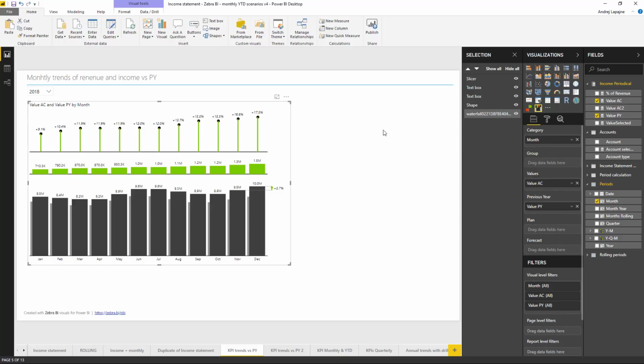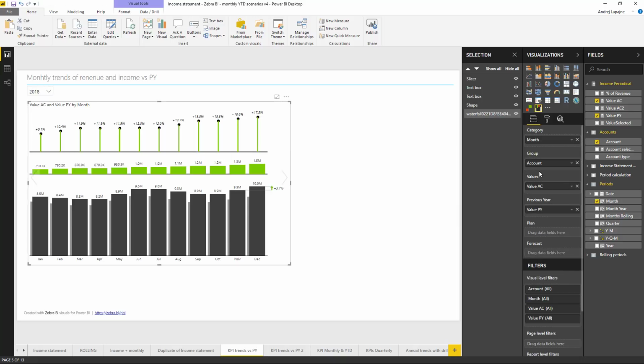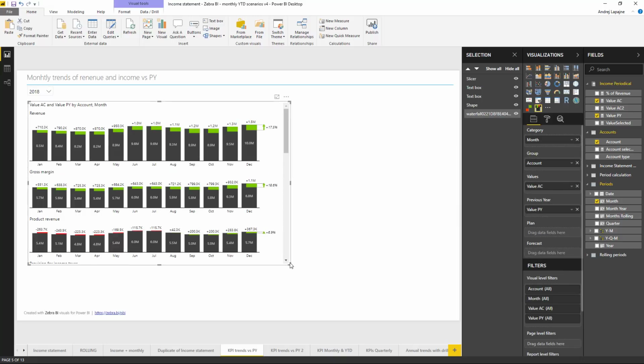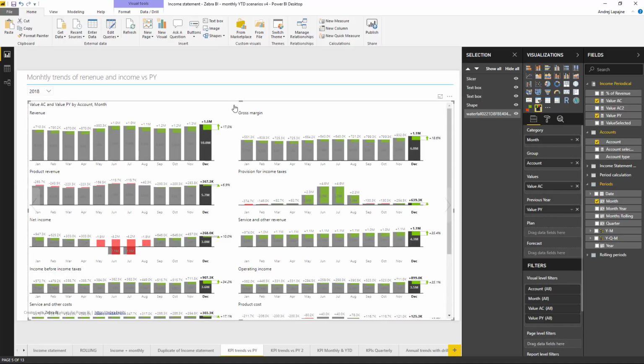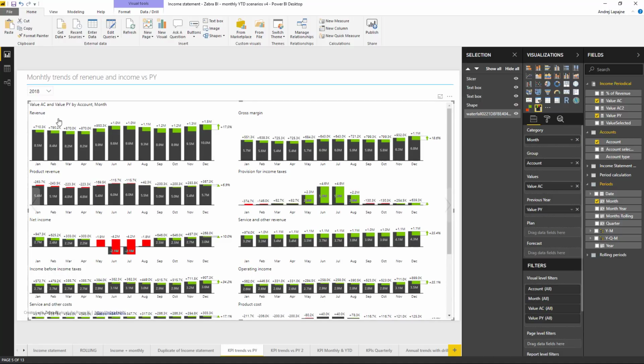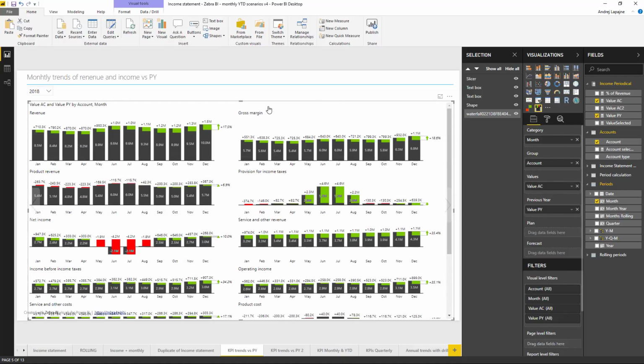So like this. And this time I will add the account. I just put the account inside, which automatically will display a monthly trend of all your accounts, and everything is scaled and so on. So of course now this is a complete mix of everything, but if for example you just want to display